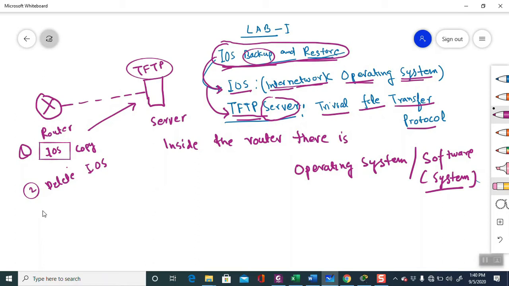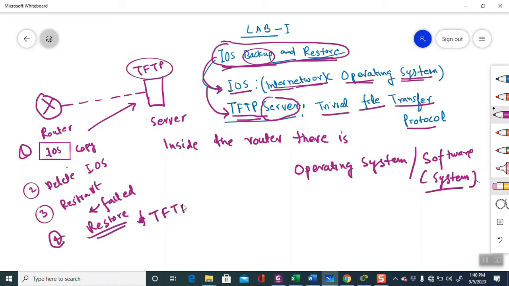Then again restart. Then it fails because there is no IOS file. So in the fourth step we have to take the backup and restore again. For this we are going to use TFTPDNLD.